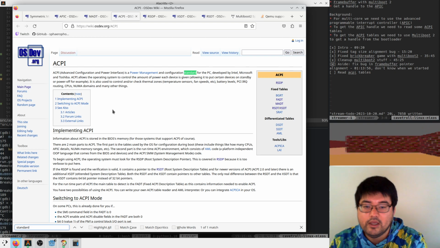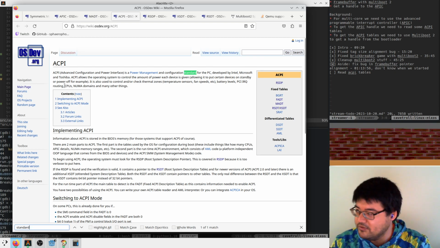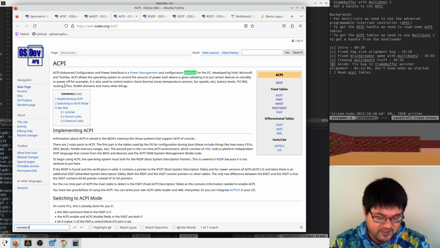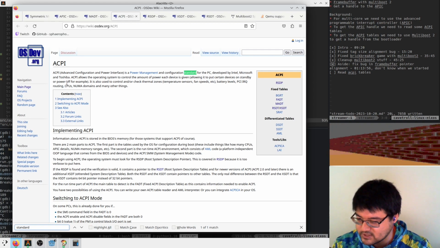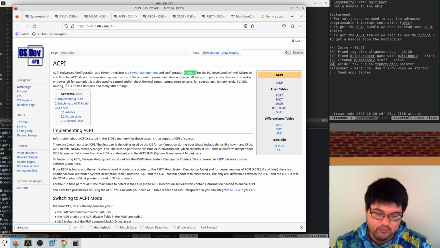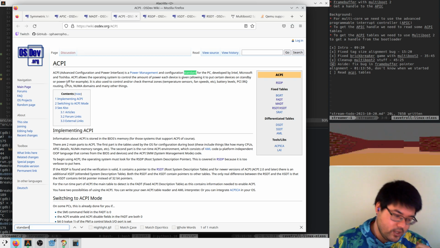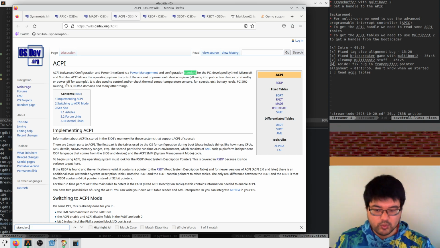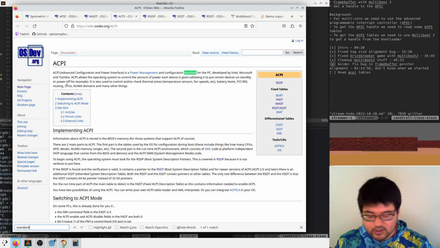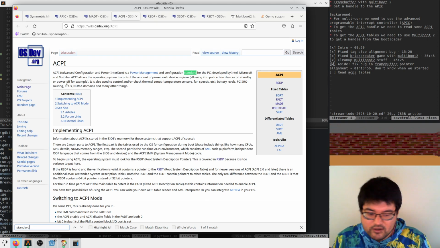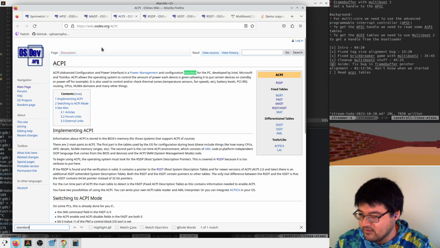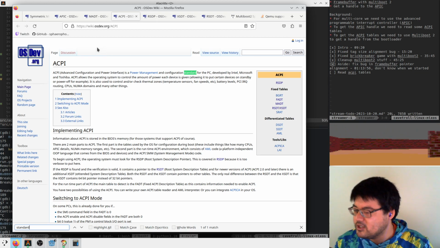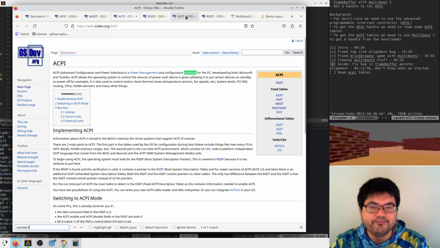Intel, Microsoft, and Toshiba made this standard, which is basically your way of enumerating hardware, kind of. So the BIOS will give us this table, and it will tell us things like how many CPUs we have and where the interrupt controllers are. There's a bunch of things it'll tell us about, as far as I understand. If you're on Linux and you look at sys ACPI, there's a bunch of stuff in there. It's power management protocol as well as hardware enumeration.